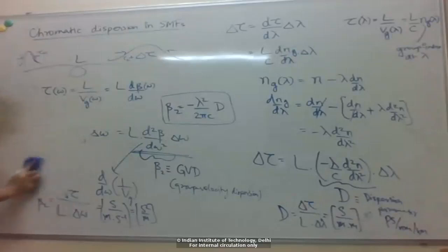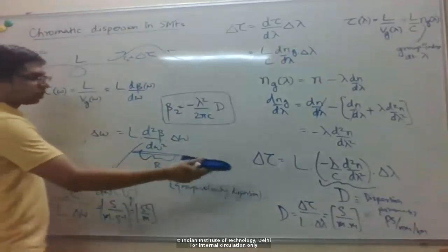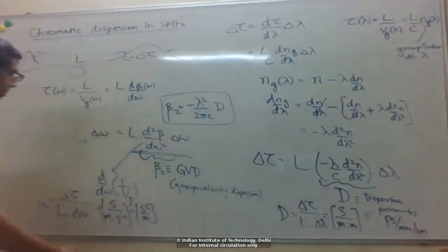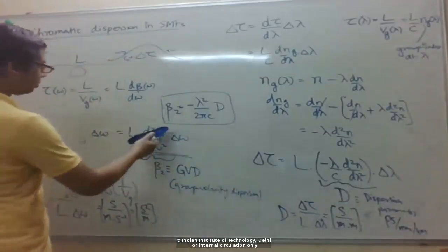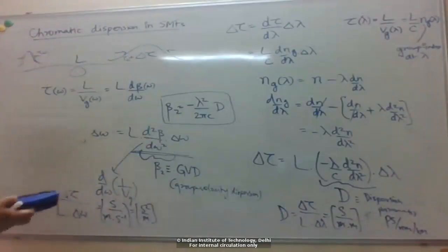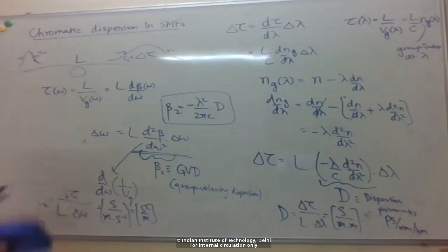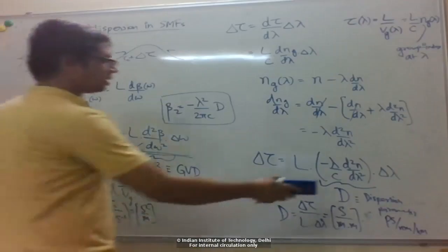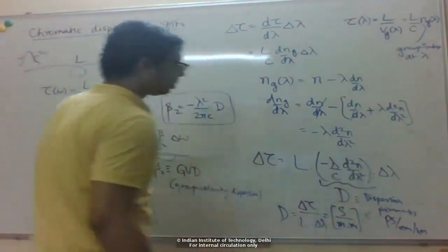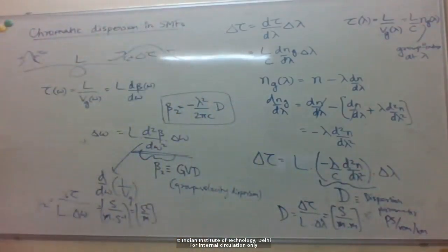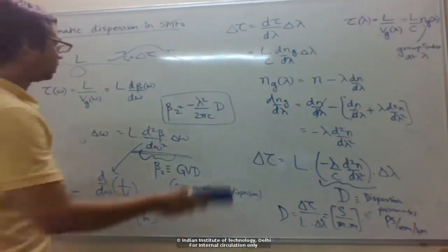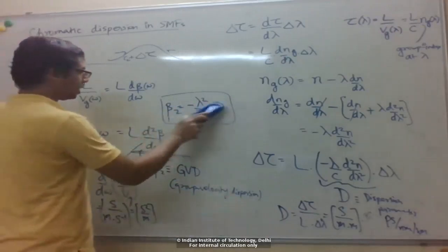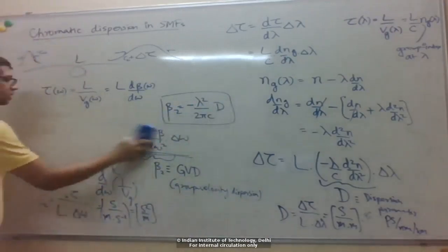Each of these quantities can be positive or negative, because beta 2 is the second derivative of beta with respect to omega. At any given wavelength in some material, this could be positive or negative. Similarly, this is the second derivative of the refractive index with respect to wavelength, so depending on the wavelength of operation in some particular material, this could also be positive or negative. But when one is positive, the other is negative because they are related like this. So these two regimes